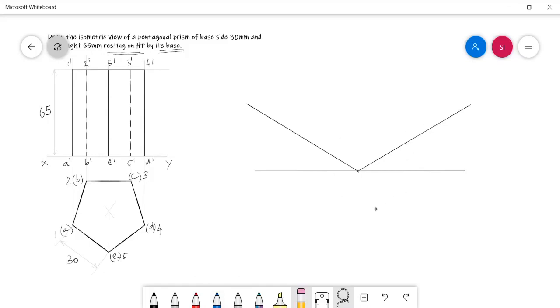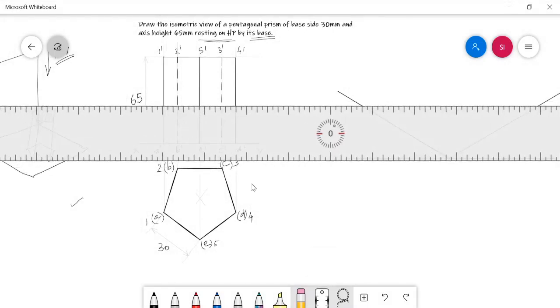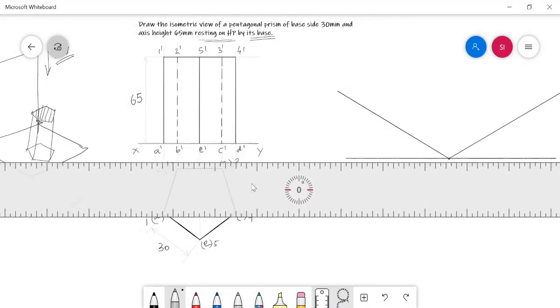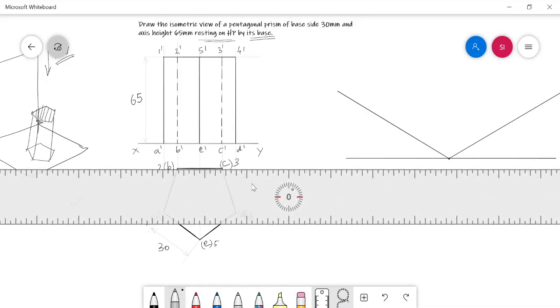And here I am going to draw the isometric view of the solid. Here now I am going to follow the boxing method. For the boxing method, first I need to enclose this base view inside a box. These things can be done with the help of the 2H pencil in order to avoid spoiling the view of the drawing.